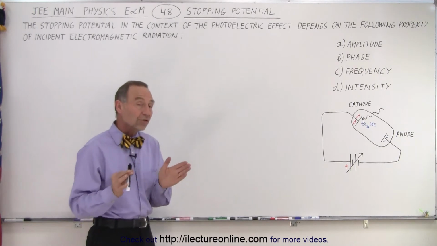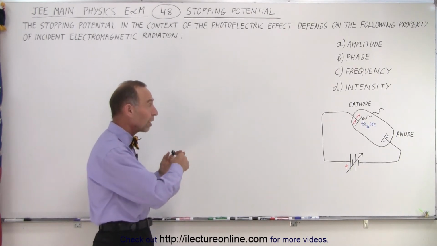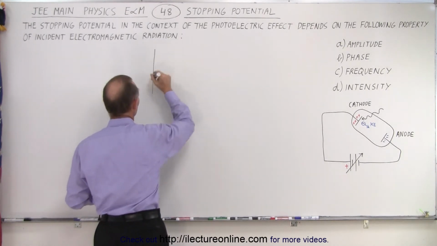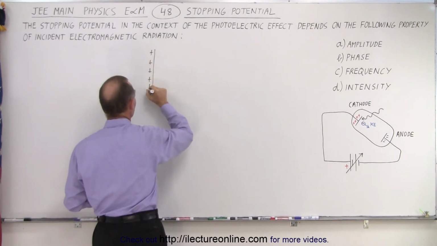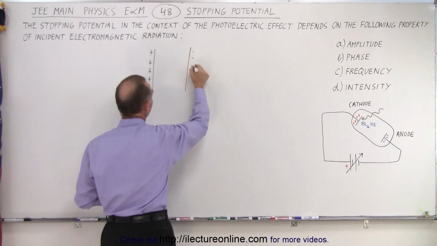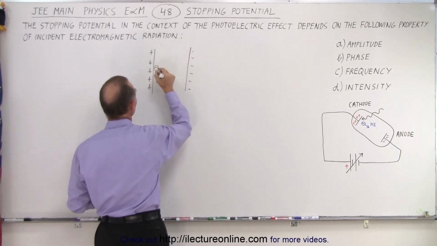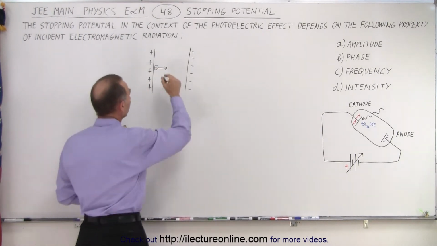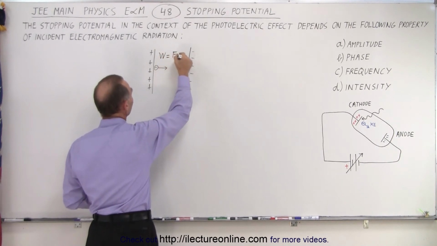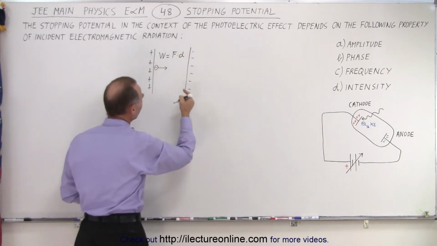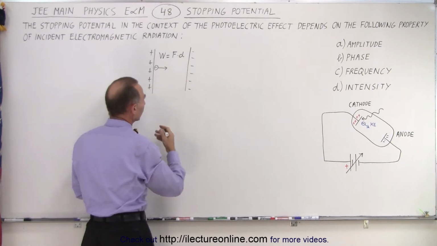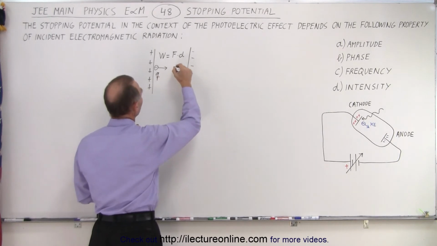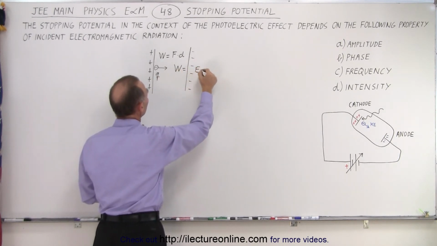Well, the first thing we need to understand is that when you move a charge across the distance between two plates, for example, capacitor plates, if we have a positive side over here, and we have a negative side over here, and let's say that we want to move an electron from the positive side to the negative side, of course that's going to take a certain amount of work. The amount of work that it takes is equal to the force times the distance. And of course the force between two capacitor plates is going to be the electric field times the charge that you're moving. Let's say it's charge Q, so that means that the work is going to be equal to EQ